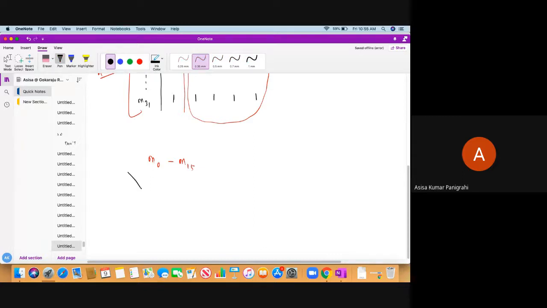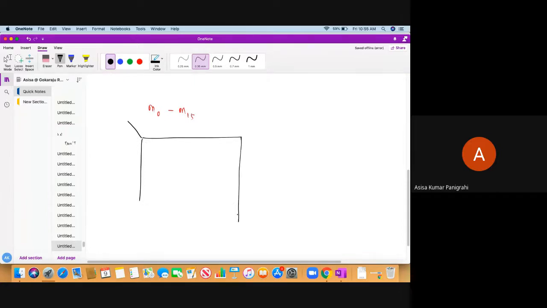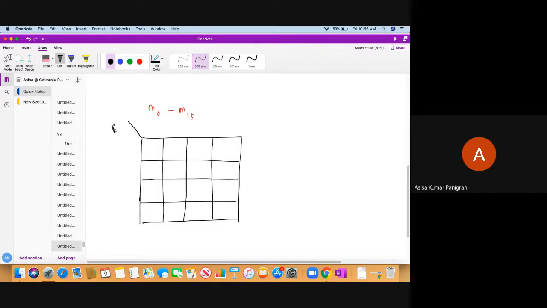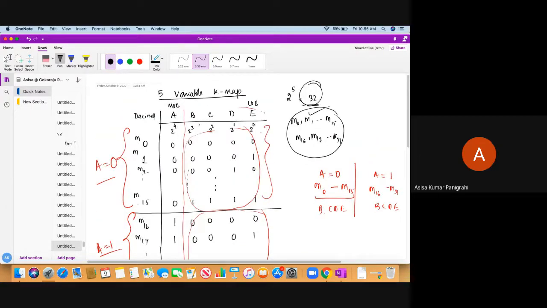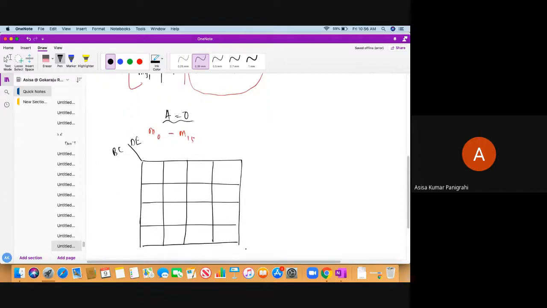I can have it like this. So it has a 4 variable K-map. Please try to understand. It's a very important concept I am explaining. If you understand this, then only you can understand the 5 variable K-map. So these are my 4 cells. What I am representing here is only BCD. I know that my BCD is like this, where only A is 0 and the other variables are as they are. We have a 4 variable K-map. Am I correct? These are all 4 variable K-map: M0, M1, M2, M3, M4, M5, up to M15. So we'll also have those minterm positions. Those minterm positions we know.